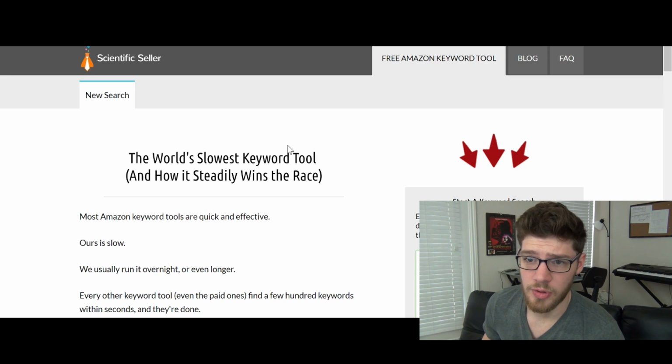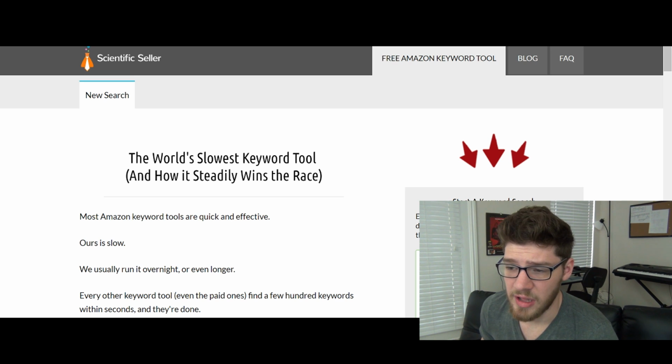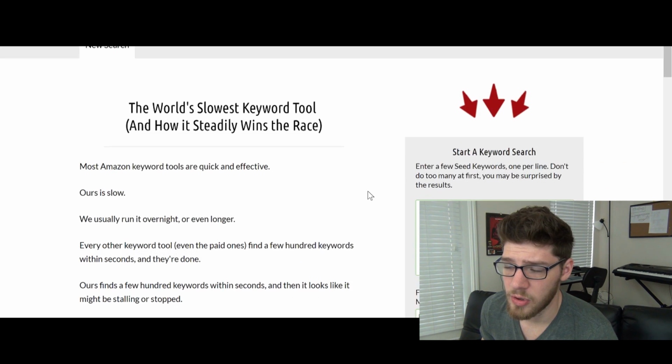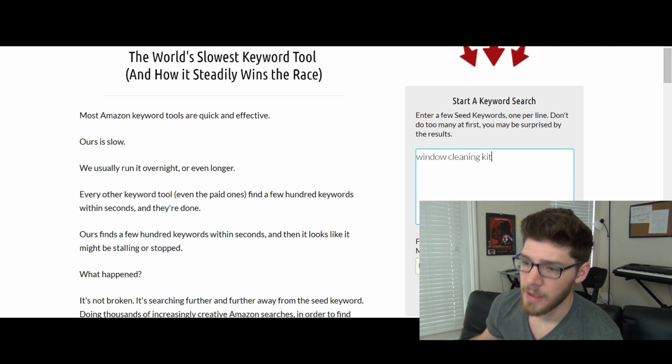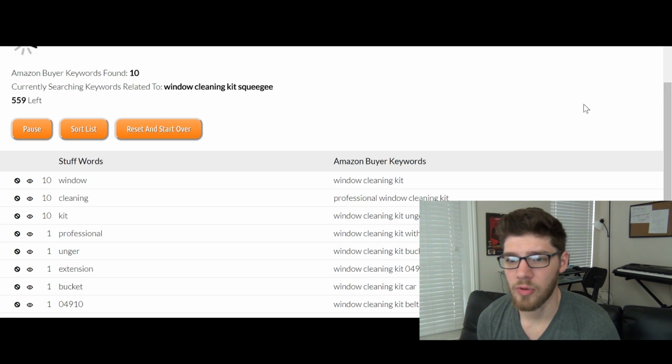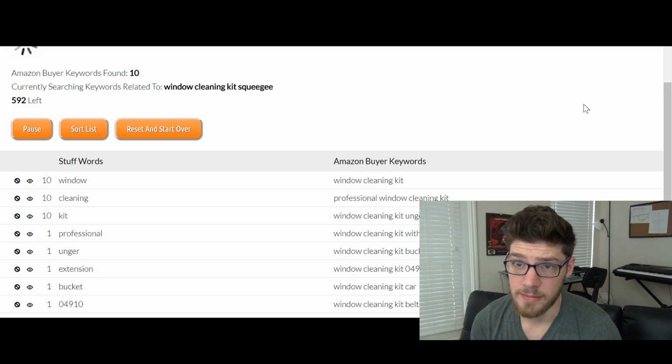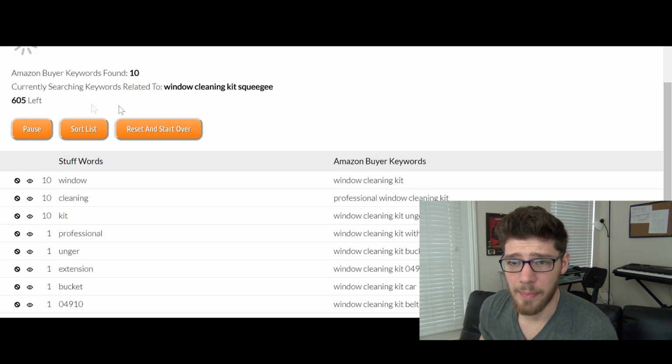So this is another tool that I like to use. It's from the Scientific Seller. It's their little keyword tool. All you have to do is you put in your main keywords. So this is a window cleaning kit, and then what it's going to do is it's going to find all the related terms for your product. What I like to do is let this set up and run for a while,